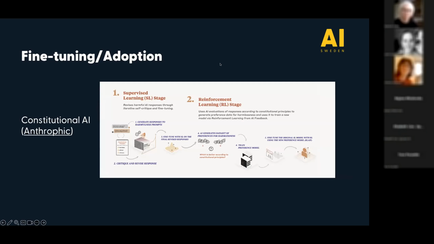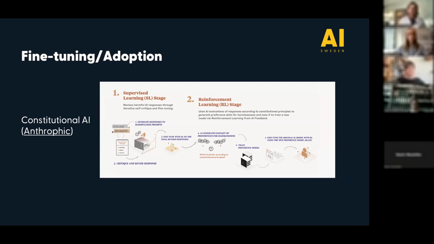The last example, and this is something rather new, and I hope to see at least 10 dissertations on this topic, is something called constitutional AI, suggested by a company called Anthropic. What they want to do is basically the same as reinforcement learning with human feedback, but without the humans, because humans are quite expensive and it takes too much time. So they want to use the AI itself to evaluate model outputs. And they want to do so based on a set of principles. This is where it gets really interesting. You can read their principles on the homepage.